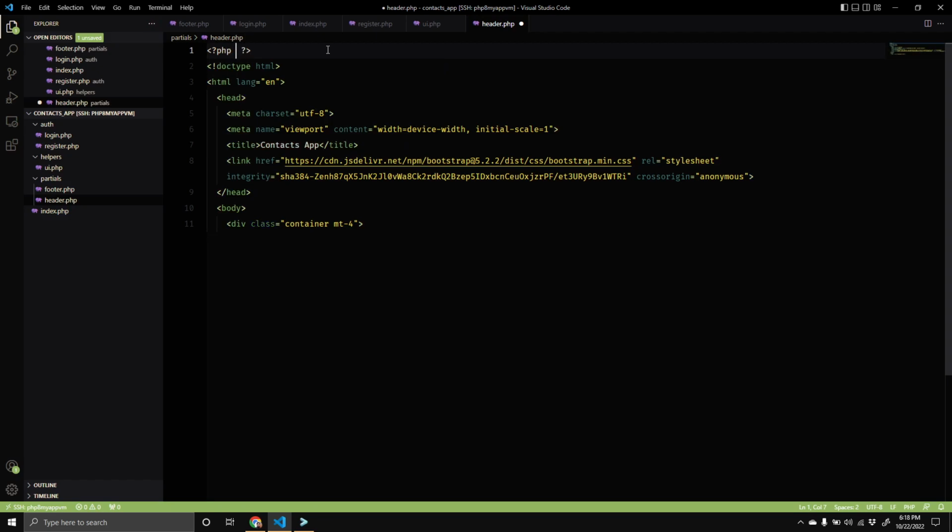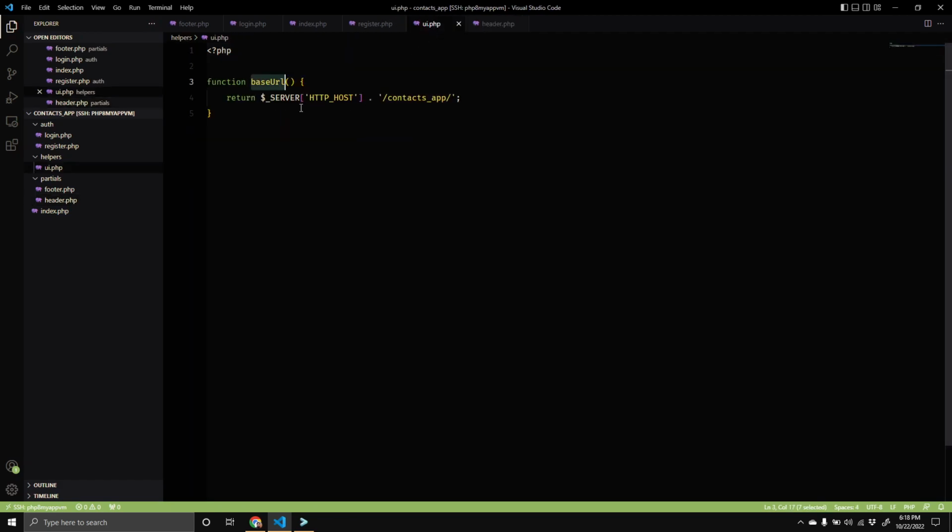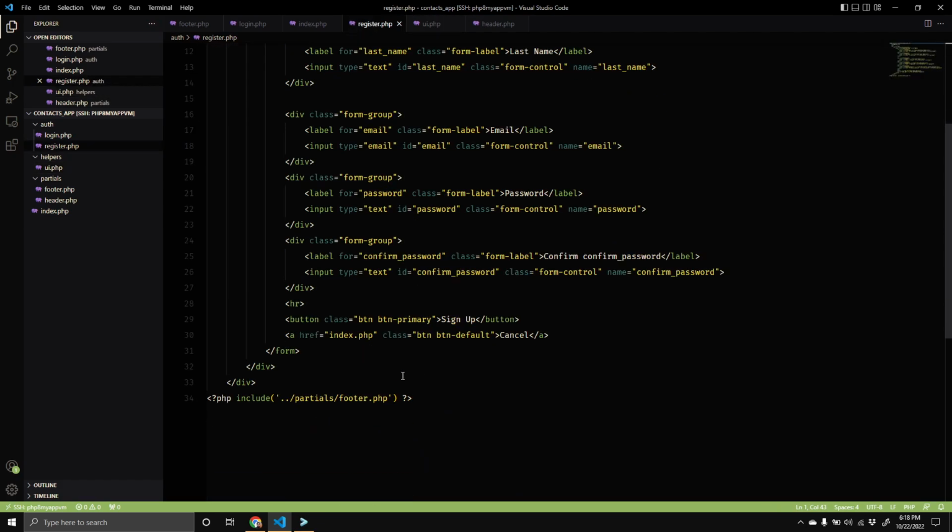So let's say header, and say require once, and it's going to be, yeah, so we go up a step, helpers slash UI.php, and I think we should be good. Now we can use this UI function, this URL function inside of our register. So we say,